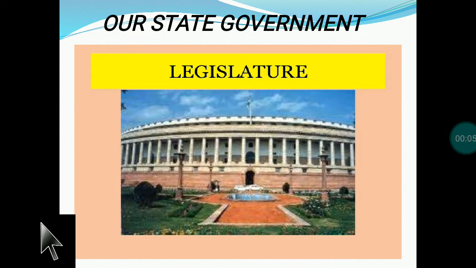Dear students, we are going to start a new chapter today, and this is chapter 19, named our state government, and we can start with the legislatures. Although we have three organs of the government: legislatures, executives, and judiciary, in this chapter we will talk about legislatures, who are framing the laws or rules and regulations. So here we have the chapter